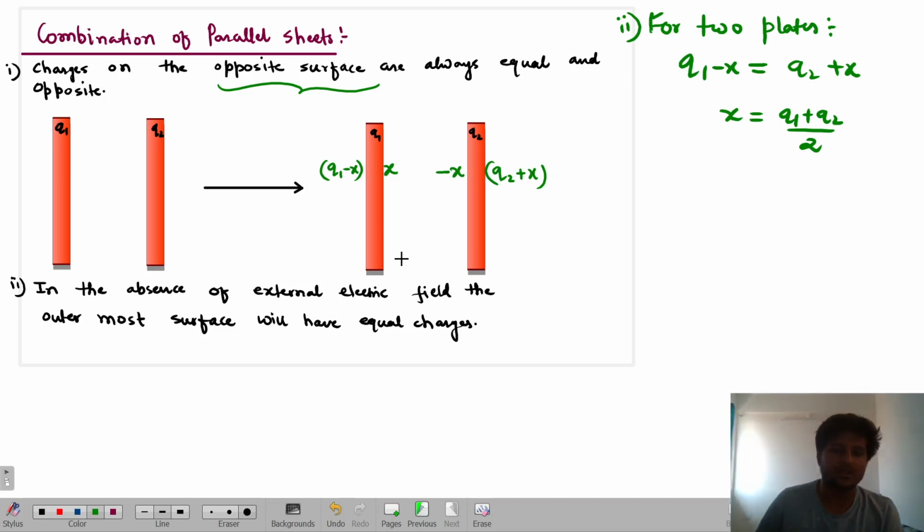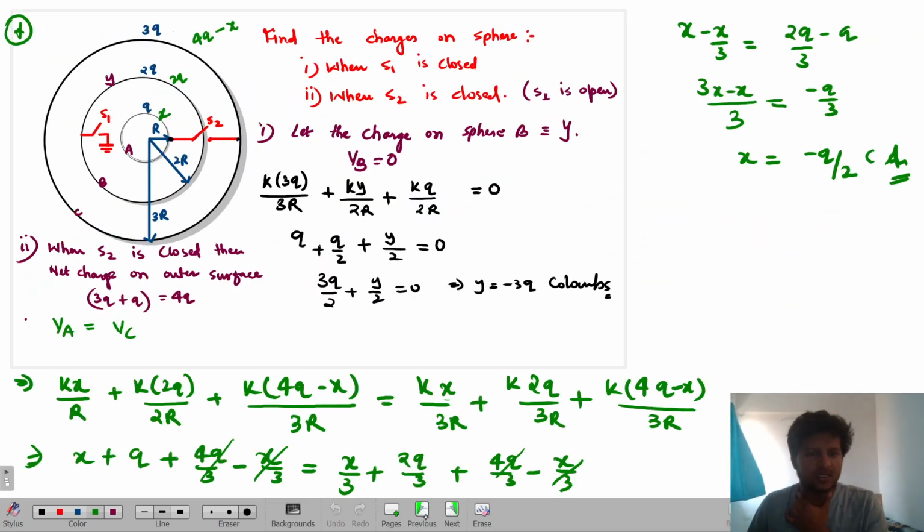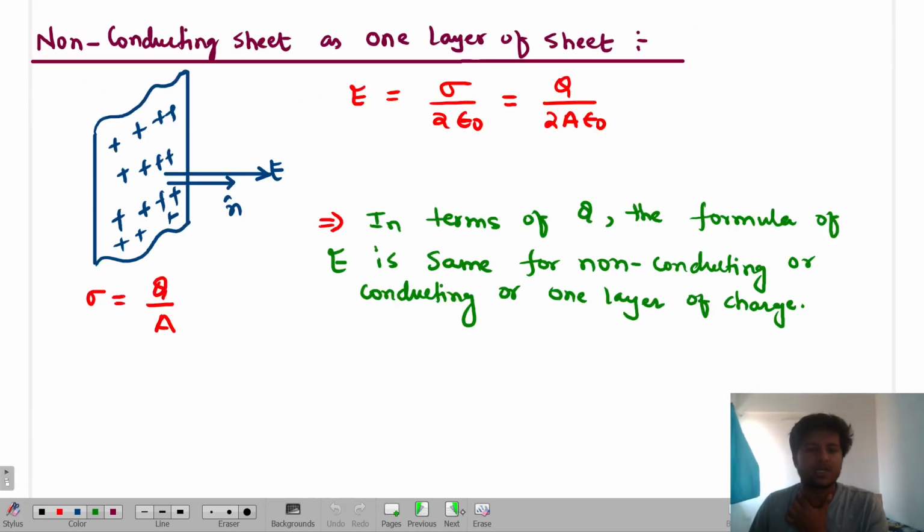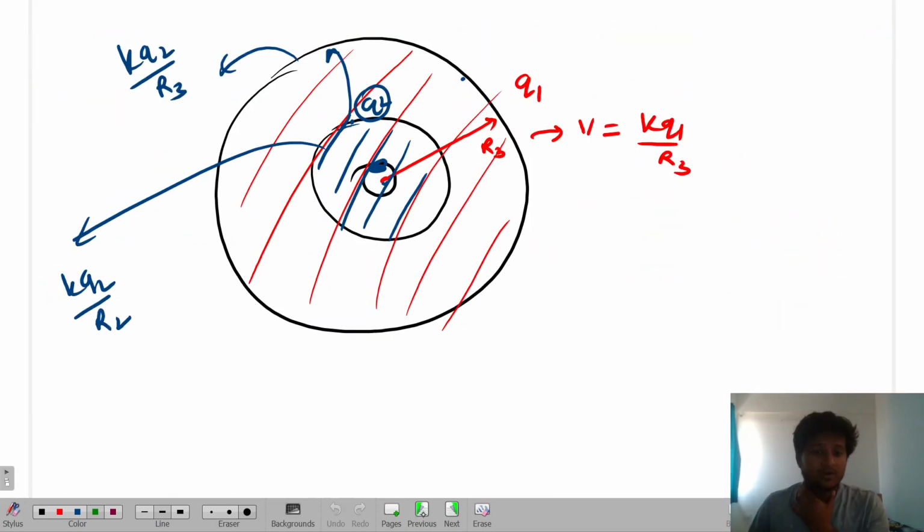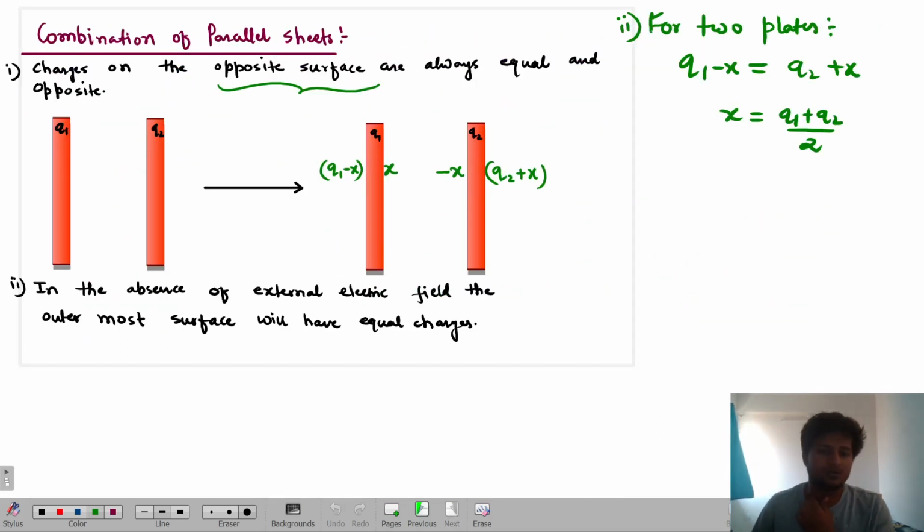Plus, so you got the value of inner charge. Like in the previous case of induction, we were not able to understand what the charge could be, though we could understand through the help of potential. Here, there is a set of rules from which we find the values. Is that clear? And that set of rules is